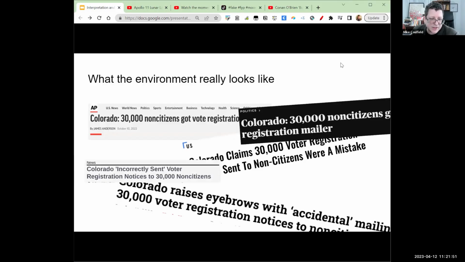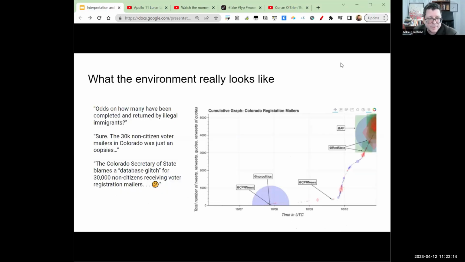So Colorado, 30,000 non-citizens got voter registration mailers. 30 voter registration mailers sent to non-citizens were a mistake. Colorado claims 30,000 voter registrations sent to non-citizens. State Colorado incorrectly sent voter registration notices to 30,000. Colorado raises eyebrows with accidental mailing. 30,000 non-citizens got to vote. And then